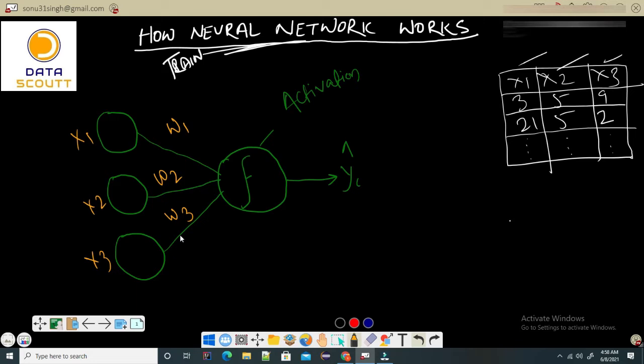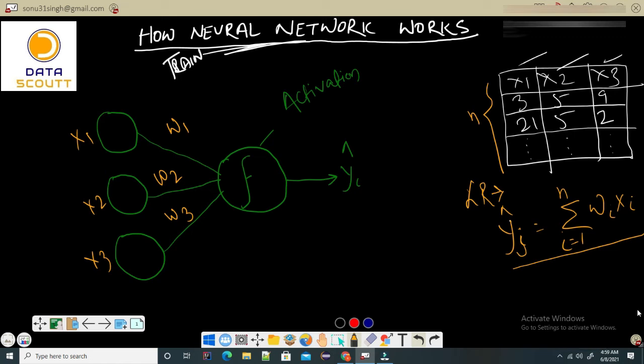Let's understand this data set problem as a linear regression analysis. So what we know from linear regression, what it solves, is yi hat equal to summation of i equal to 1 to n, if I am saying these are having n data points, wi xi. So this is what we have seen in our linear regression analysis in our machine learning playlist. This is what linear regression solves. So the same problem, same formulation we will try to depict here.